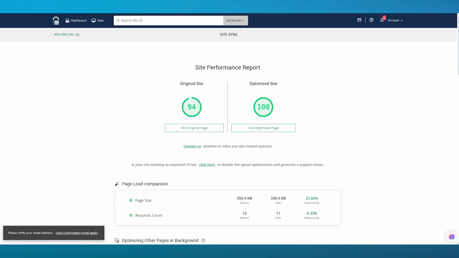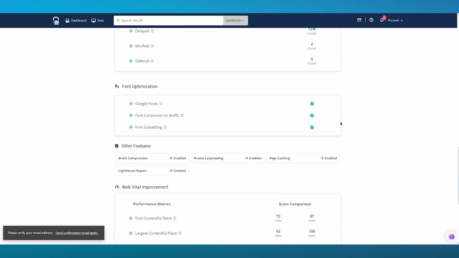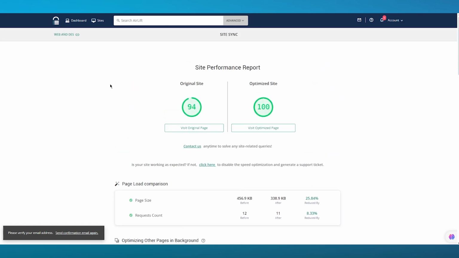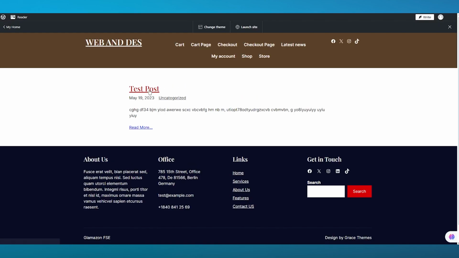So keeping all these things in mind, basically, you're going to set everything up when it comes to your WordPress, okay? Generally, these are the things on how you can optimize your WordPress website in the easiest and simplest way. And you can actually visit the optimized page as well to see how your website functions now.